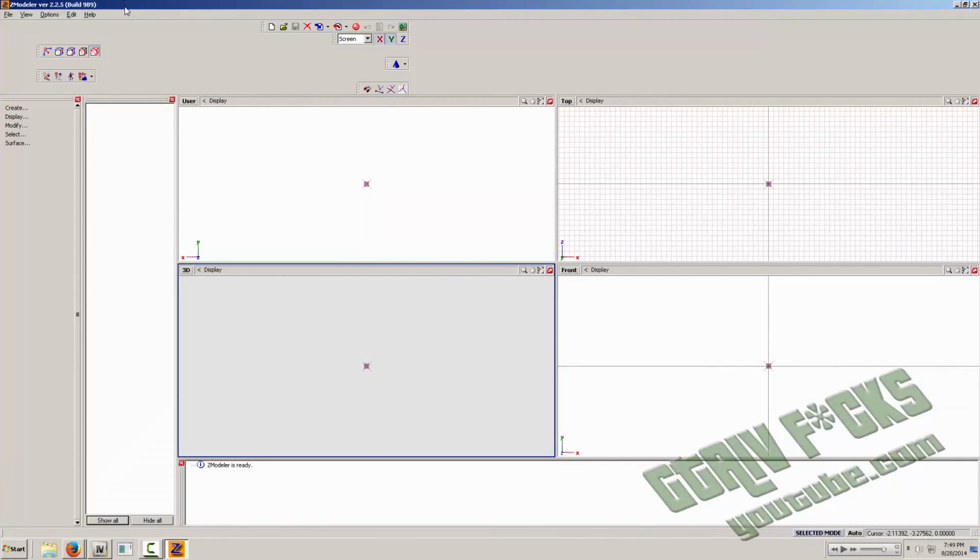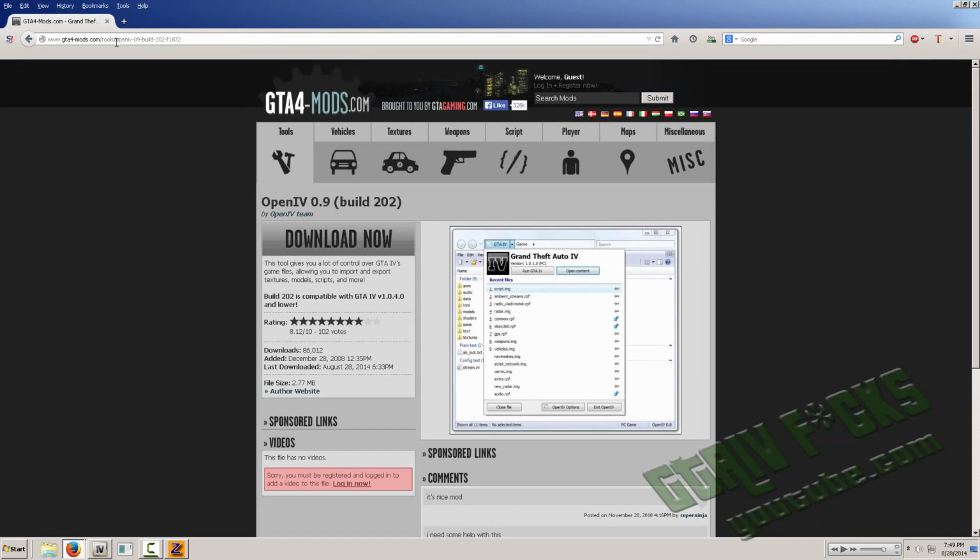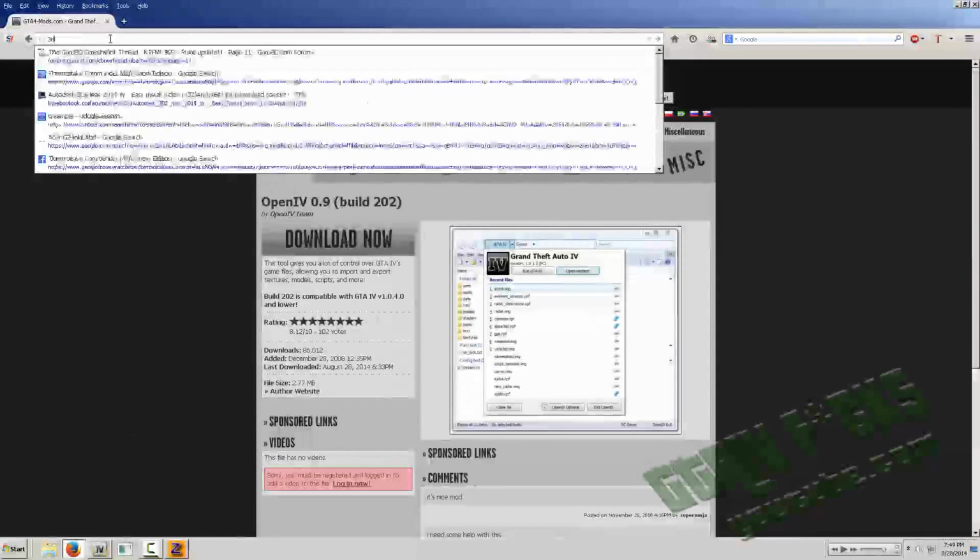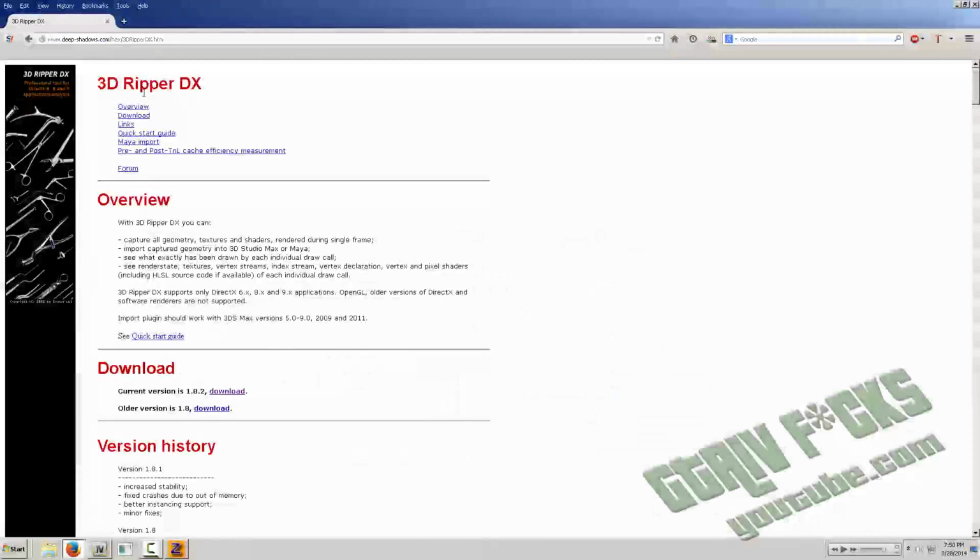You're going to need ZModeler 2.25, build 8989, and then you're going to need to get your OpenIV 0.9 build 202 for this OpenIV and install those two. And then you also need to get this 3D Ripper DX, and here it is, 3D Ripper. It's deepshadow.com, and you get the current version 1.82. Download that, install that,